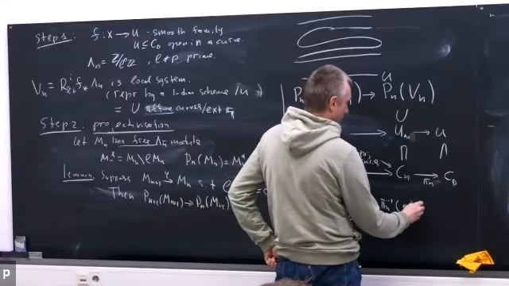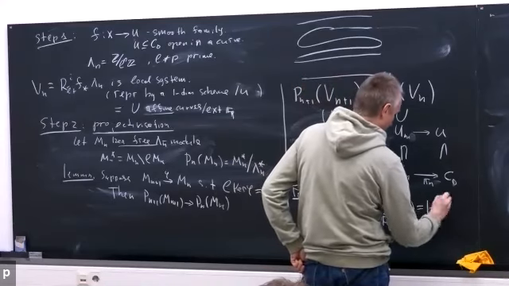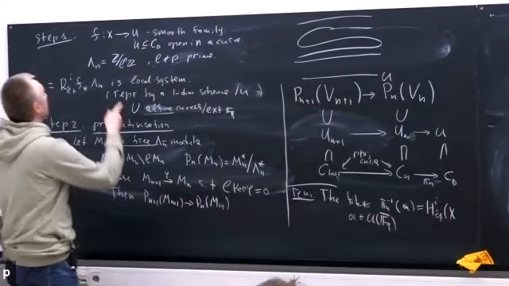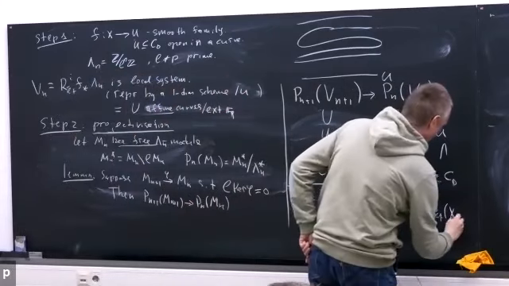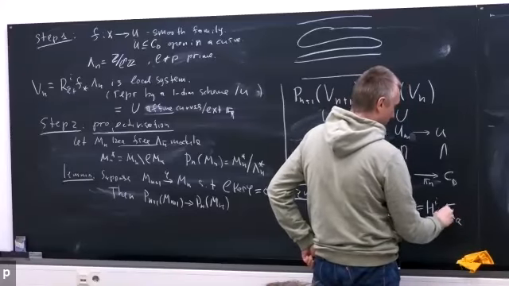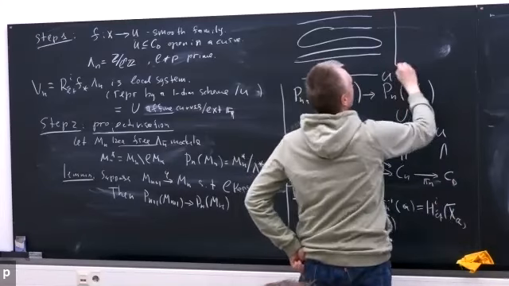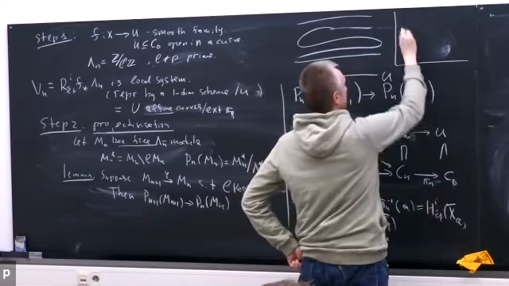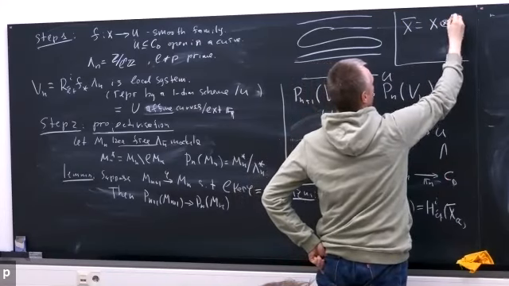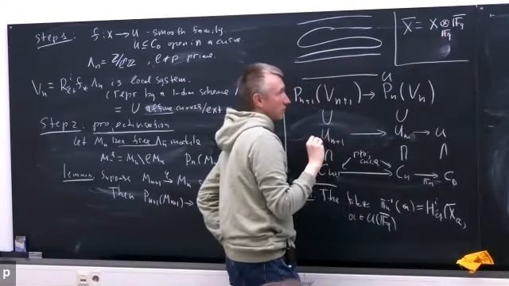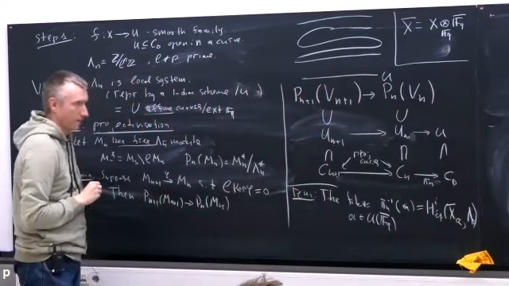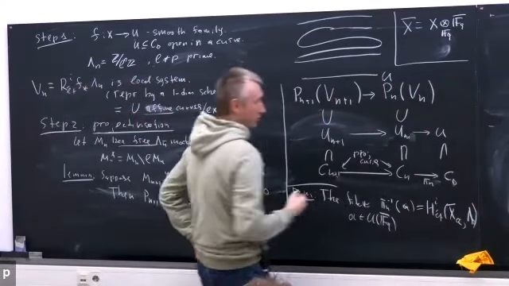So this fiber over FQ bar is actually naturally identified with the usual étale homology of the fiber of our family, which we started with, at the same point A. I write this bar just to say that we take a fiber over the algebraic closure. So this set is finite, and the fiber is this.